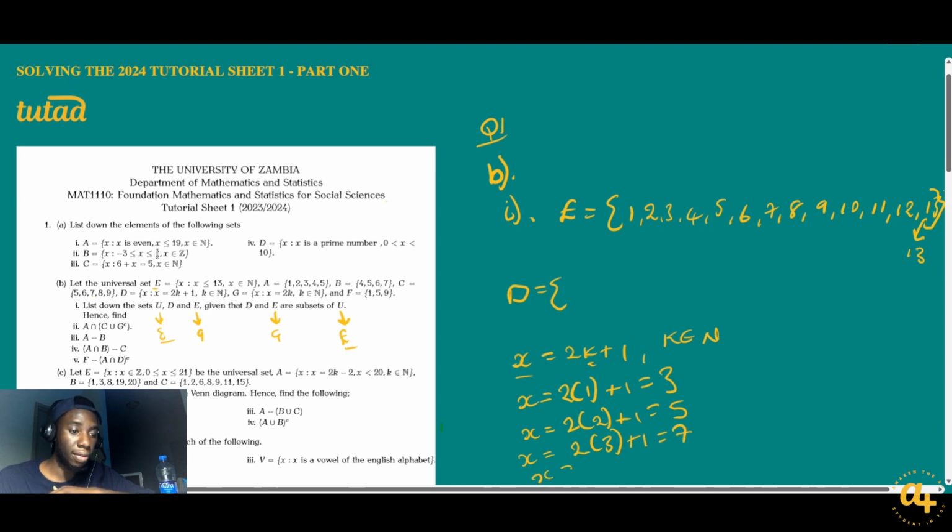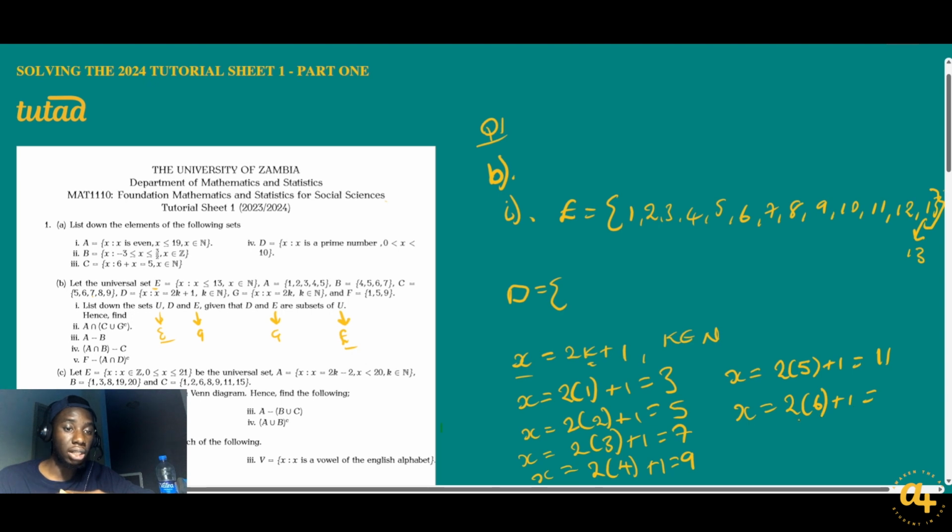And finally we have x equal to 2 times 4 plus 1, and this is going to give us 9. And then we are also going to have x equal to 2 times 5 plus 1, which is going to give us 11. And then x is also going to be equal to 2 times 6 plus 1, and